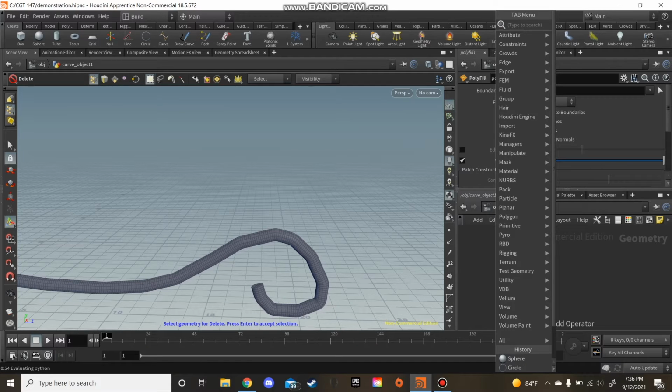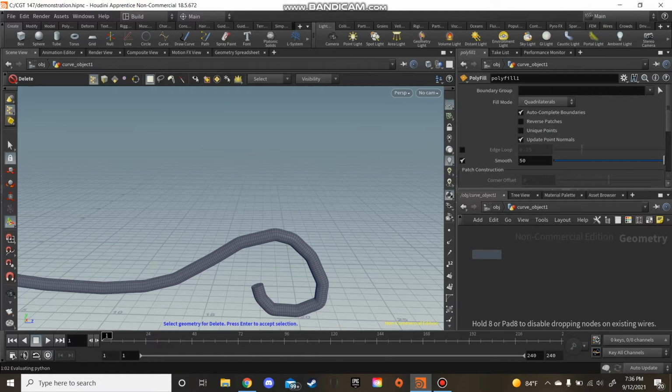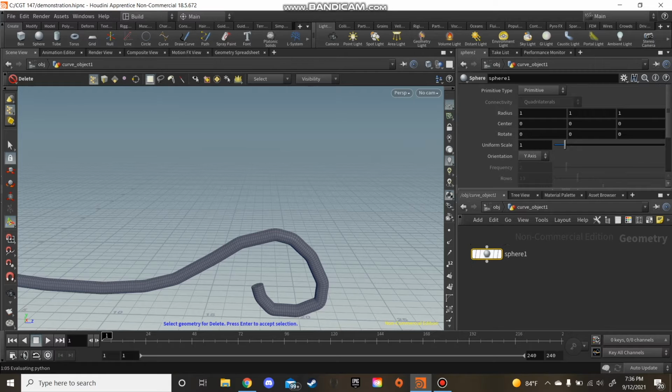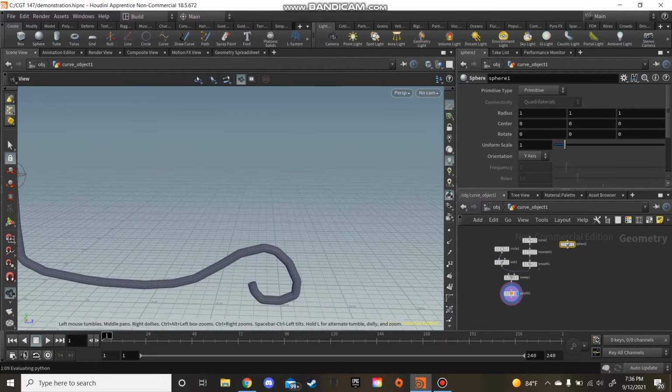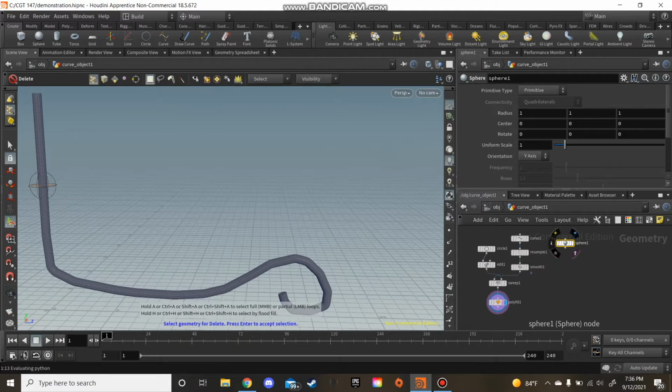So if we hit tab in the node window, and you type in sphere, let's click that down, and then what we'll actually do is make the arm a template, make the sphere visible,